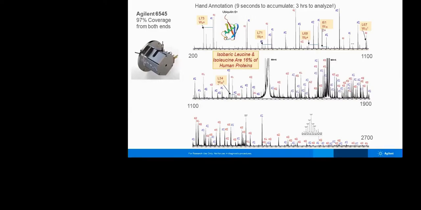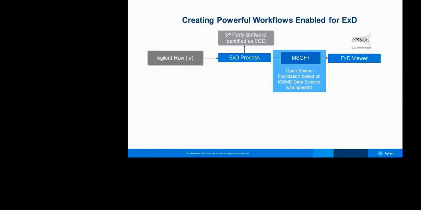So it gives you even much more complete information than you would get from ETD and other fragmentation methods. We've spent quite a bit of time in the past couple of years figuring out how to process the data that comes out of this. And as Cody mentioned, we've created a program called ExpProcess that will both annotate the spectrum as having been processed or collected with ECD enabled, and output it as spectra in mzML files that could be read by third-party